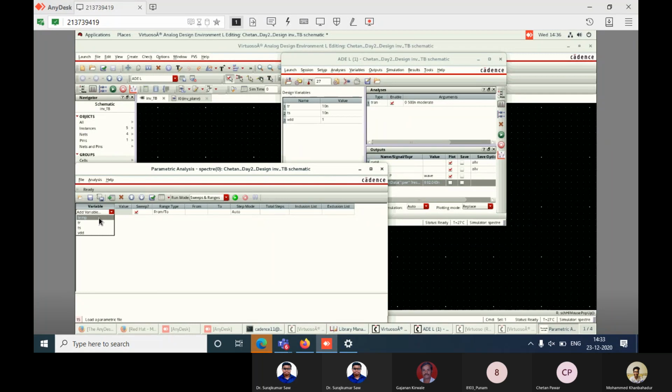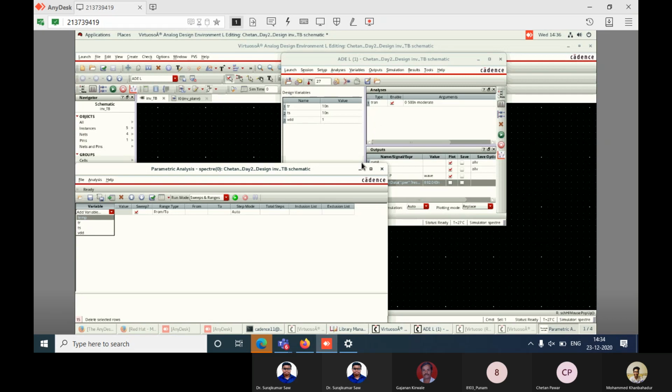You can go to the ADE window. Sorry, go to the ADE window, Poonam, and you also, Mohammed, go to the ADE window. There you will find 4 different parameters like temperature, T rise, T fall, right? In the parametric you can find.